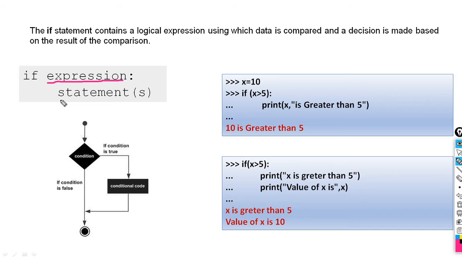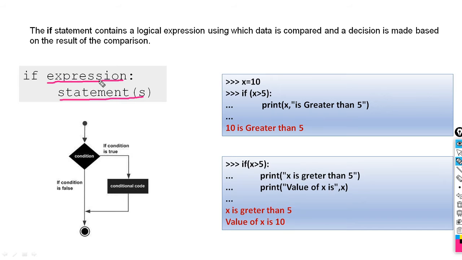Okay, statement or statements. We can write here a single statement, or we can write a group of statements. That's why this is written as statement and within brackets s, single statement or number of statements. So when we consider the syntax of if, one more thing you have to remember here is that some of you are familiar with C language, some with Java, some with C++.